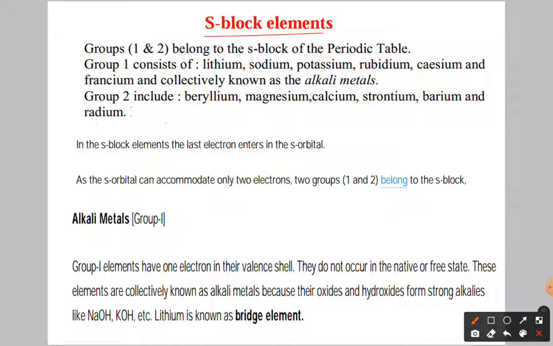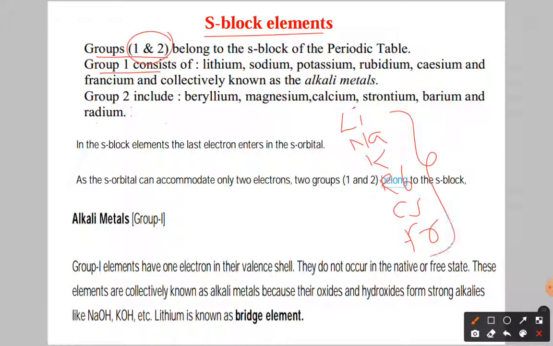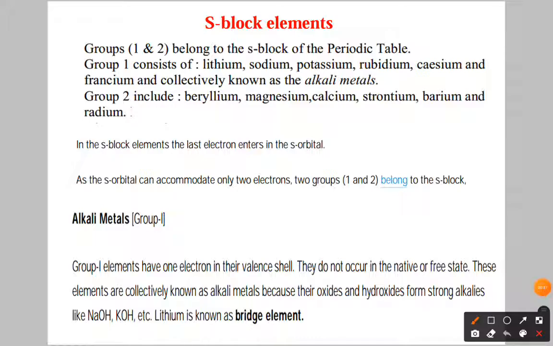As you know very well, in the S block elements we have the two groups, that is first A and second A. Okay. In first group, as you know very well, we have the elements like lithium, sodium, potassium, rubidium, cesium and francium. Okay, these are the elements of first group elements. Now come to the second group elements. We have second group elements beryllium, magnesium, calcium, strontium, barium and radium.